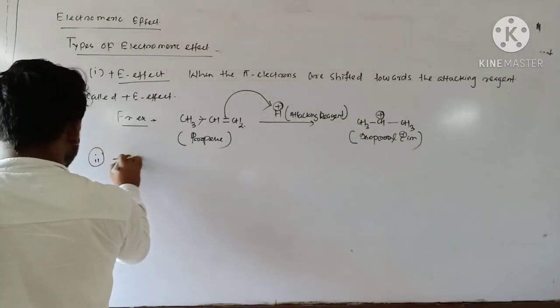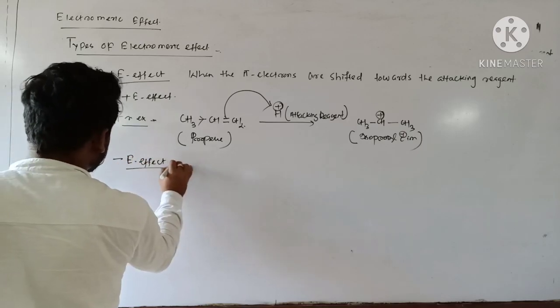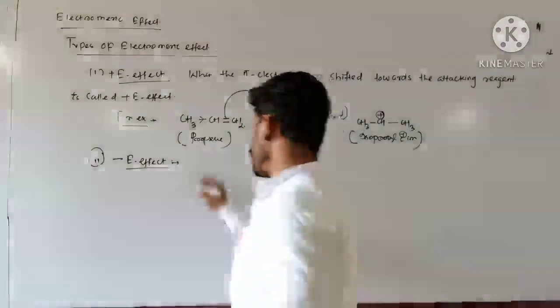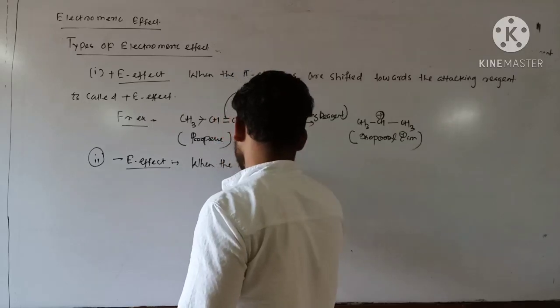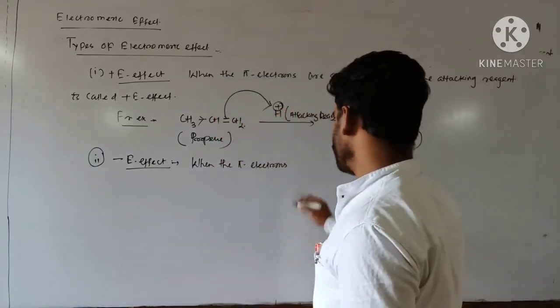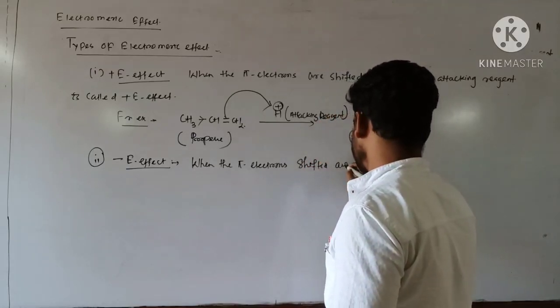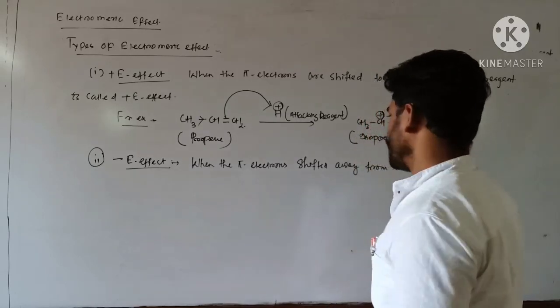Next, the second one, that is minus E effect. Second one, minus E effect. So it is quite opposite to that of the above one. That means when the pi electrons are shifted away from the attacking reagent,